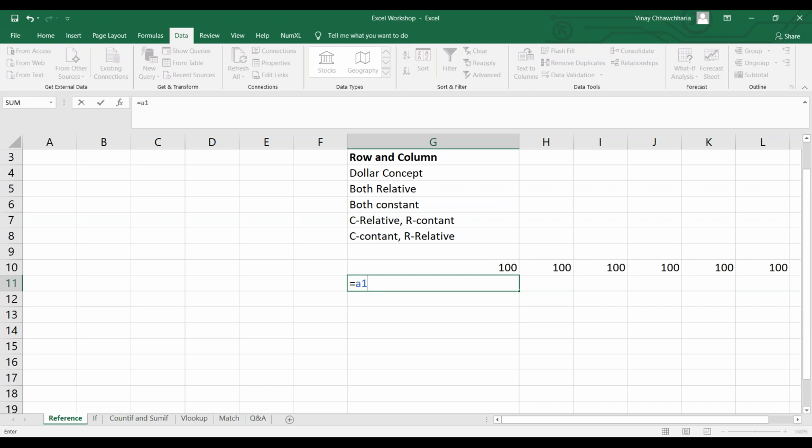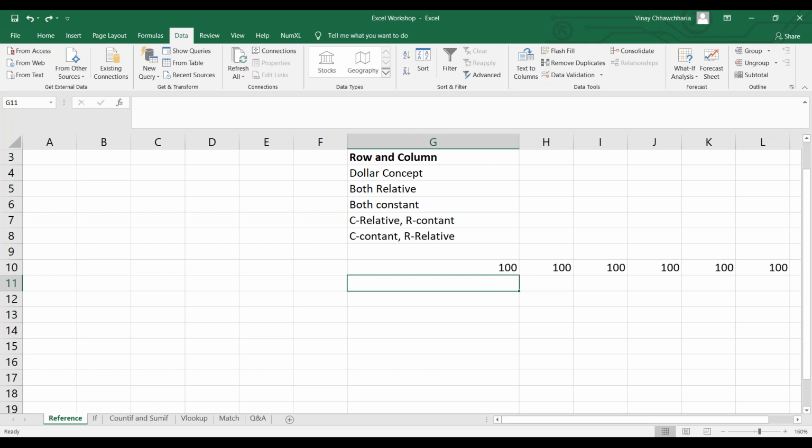So basically, coming to why these dollar concepts are required. In Excel, we are given a large number of rows and columns. Those who have worked on Excel will not find it hard to see why the dollar concept is used.